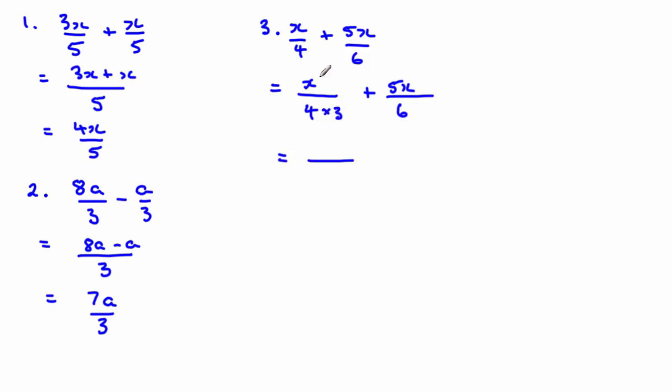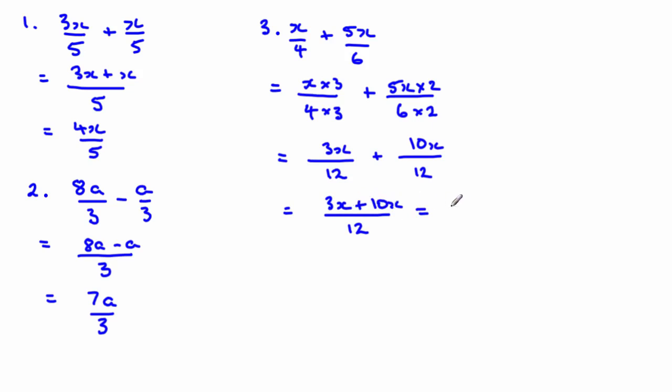So if I times this by 3, I need to times the numerator by 3 as well. And if I times this by 2 and also the numerator by 2, it will work. So 4 times 3 is 12, and x times 3 is 3x. So these are now equivalent fractions, and 6 times 2 is 12, and that's 5x times 2, that's 10x. And we can now put them under our common denominator of 12, add the like terms in the numerators, and our solution is 13x